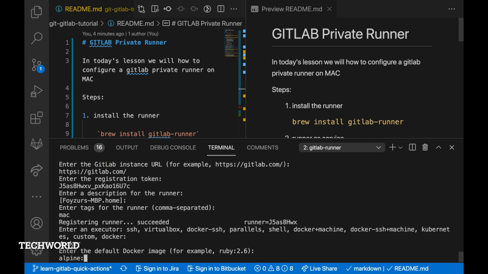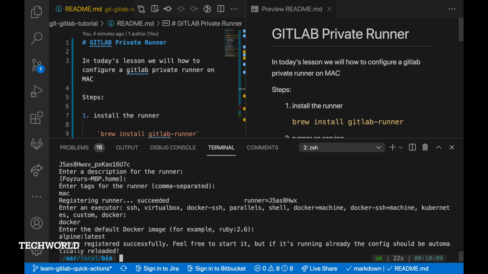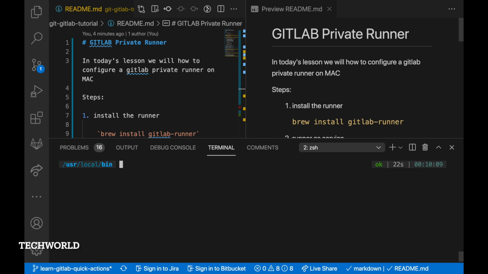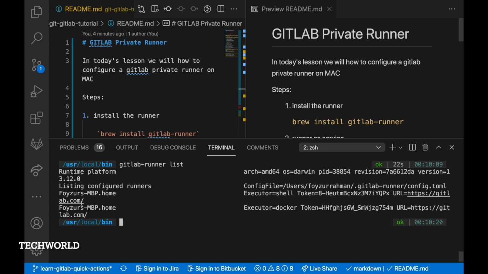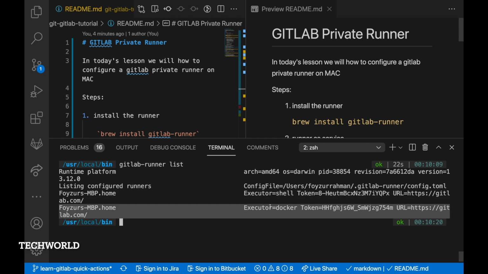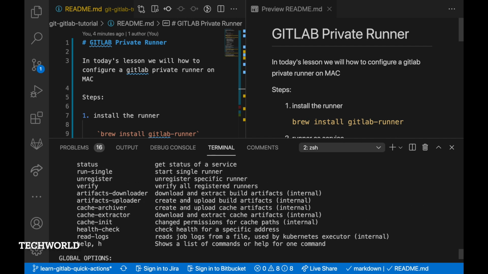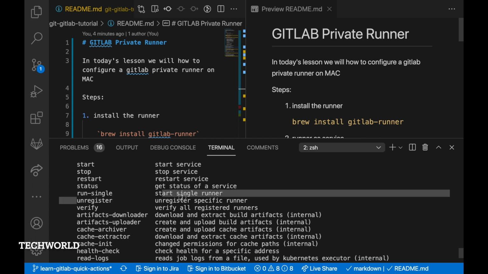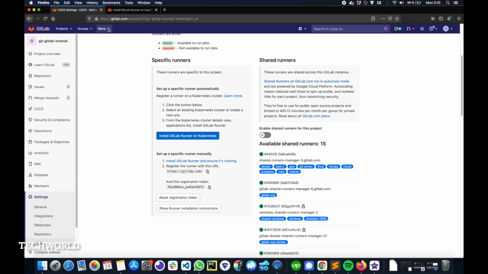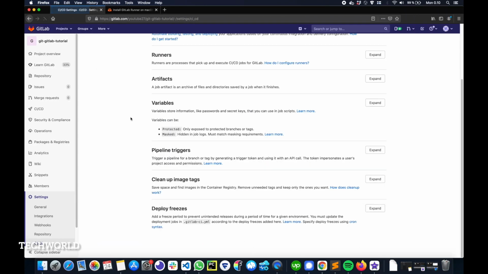In the Docker executor, you need to pass in the image name. Here we pass in the alpine:latest image. So when you run your CI job in gitlab.com, it's going to pull the Alpine image to run the job within the container. As you can see, when we run the GitLab Runner list command, we can see both executors. One of them is Docker, the other one is shell. If you have not unregistered, all of them will show up when you run the list command. To unregister, you just need to pass in GitLab Runner unregister and follow the instructions.